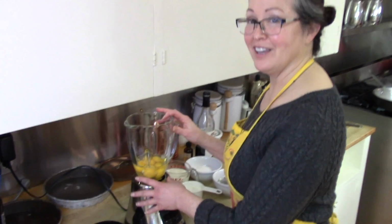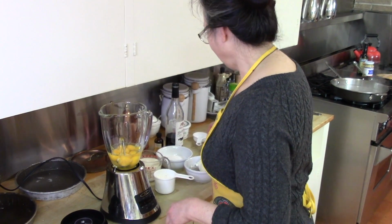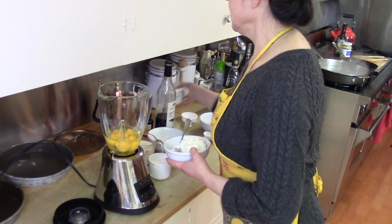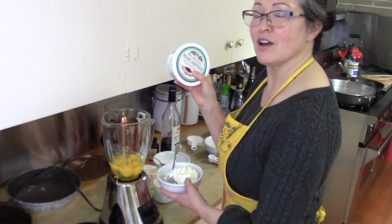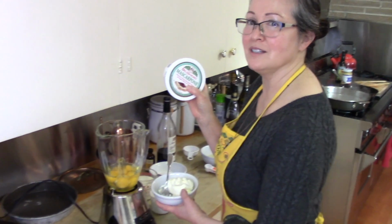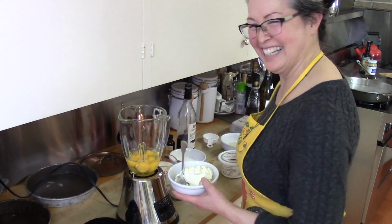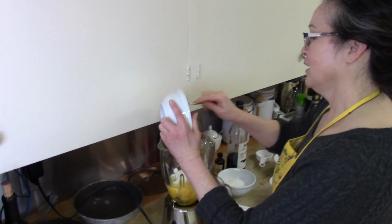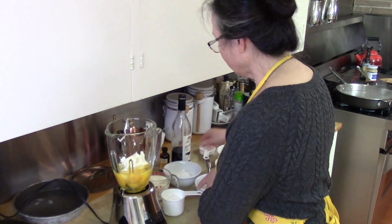So I have 5 eggs and 2 egg yolks in my blender, and I'm going to add a half a cup of mascarpone cheese. I don't know if you've ever cooked with mascarpone cheese before, but it's an Italian soft cheese. It's kind of similar to cream cheese, and you can find it in the cheese section. So half a cup of mascarpone. We're going to add our 1/3 cup of sugar,